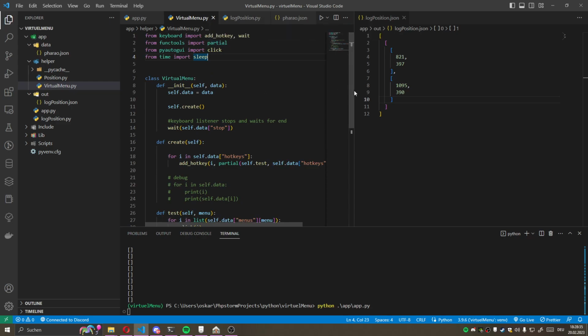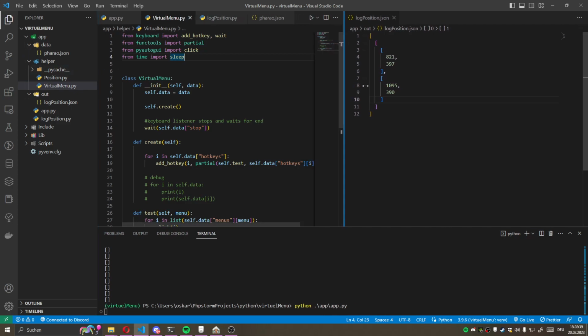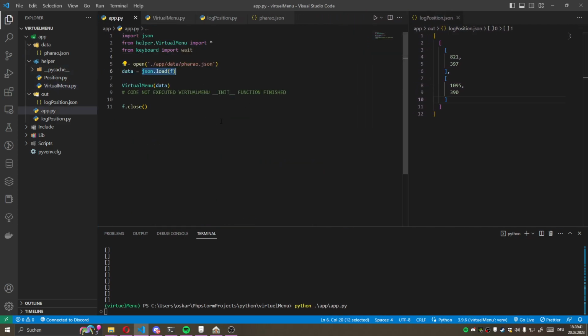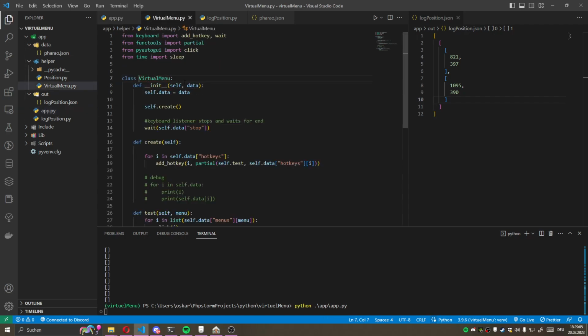And then we just need to have some overview or some structure. My plan was that I could of course use this software for every game I want to play, so it needs to be data driven or something like that. I don't know if you can call it that, but what it does is it loads one JSON you specify in the app directory, parses it, and then creates the virtual menu. This is written by me. You pass the data,